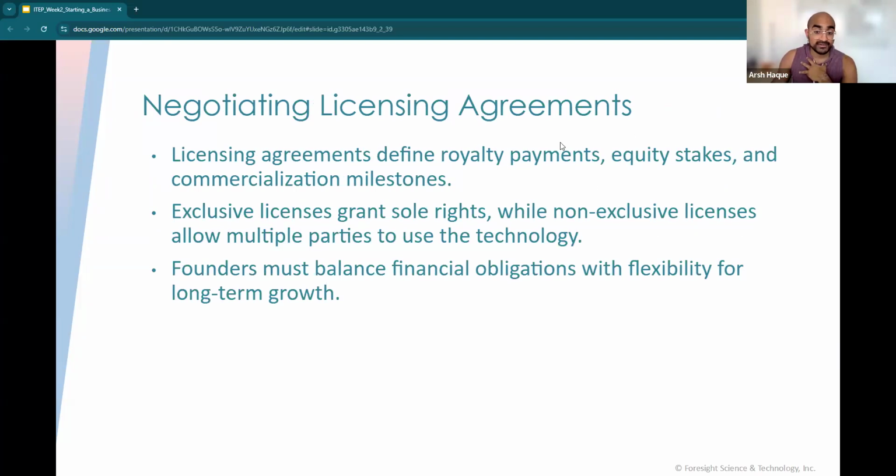So is there a royalty payment? So for every $1 million of revenue you make, you have to send us $100,000 or $10,000. Is there an equity stake? Does the university just own part of your company? And is it contingent on something called a commercialization milestone? Are you obliged to not just sit on the intellectual property for 10 years, but you actually have to build the product, get one customer, generate $100,000 in revenue? These are all key negotiating components that you'll talk about in your licensing agreements,